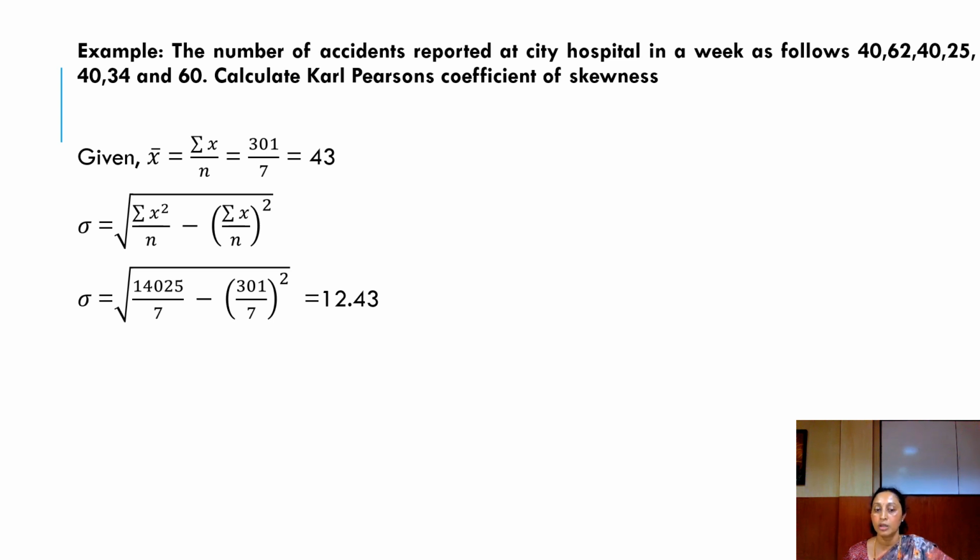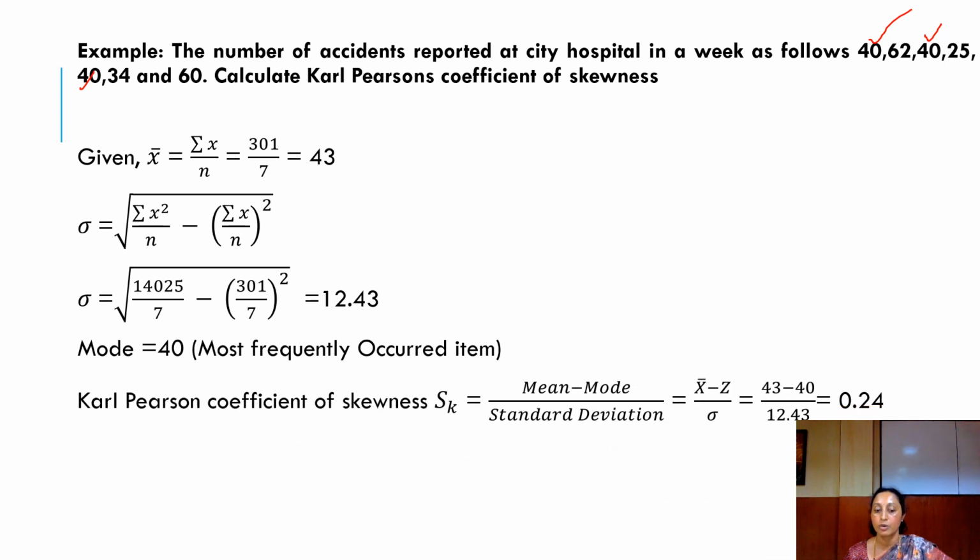So substituting, we get 12.43 as the standard deviation. Here we can see 40 is the most repeated value. So hence the modal value, let us consider it as 40. Now let us apply all these data in the formula. Sk is equal to mean minus mode divided by standard deviation. We get 0.24. That means the data is positively distributed, or the distribution is